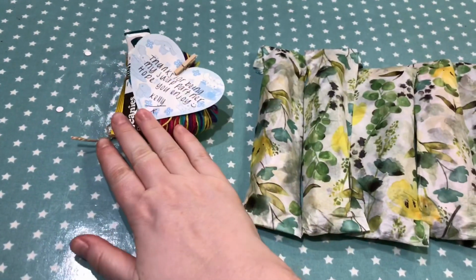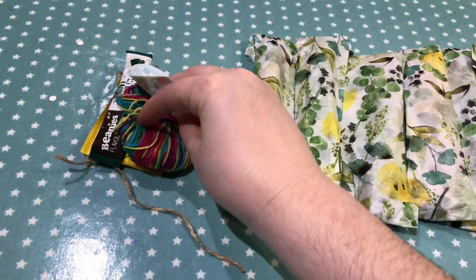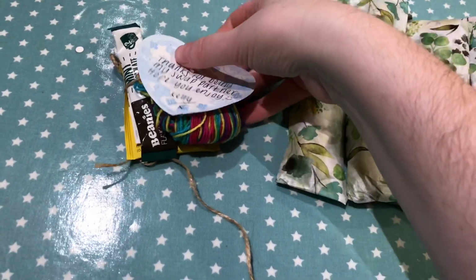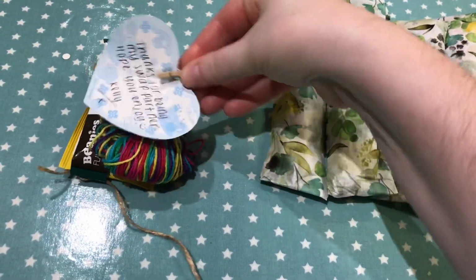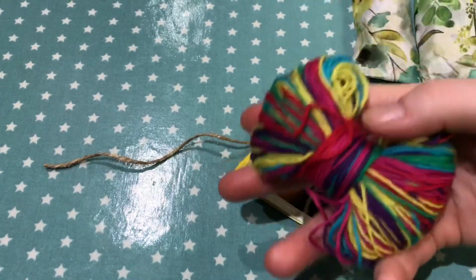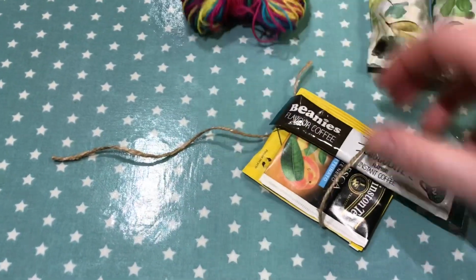And then Kelly, who is a lovely person who I swapped with, sent me an extra tasty little chunk of yarn. In fact, let's take this off so we can see what we've got. A little peg. Oh no, don't bend. There we go. Right, so there's this really very generous chunk of rainbowy yarn. So pretty, it's like a bow tie. And then there is